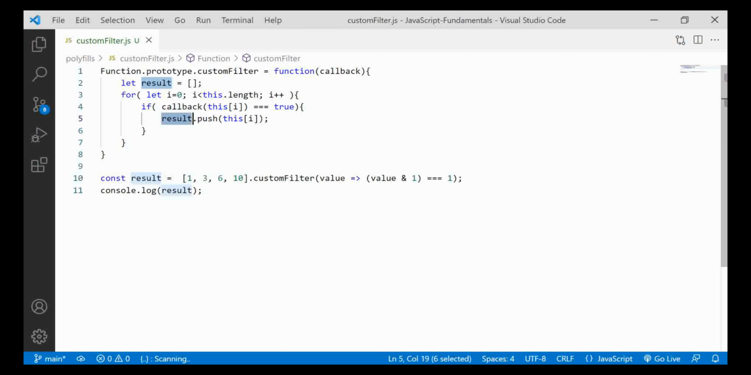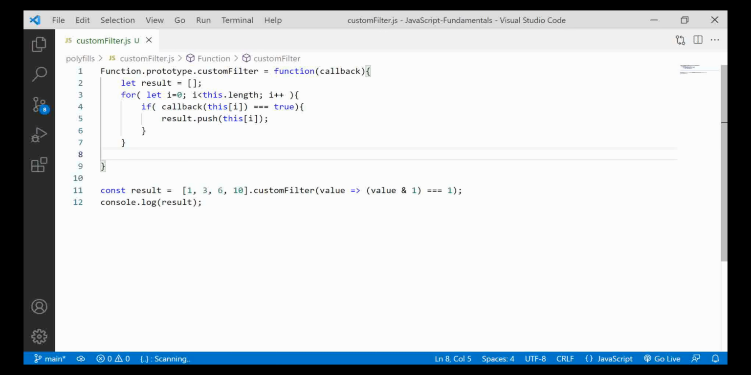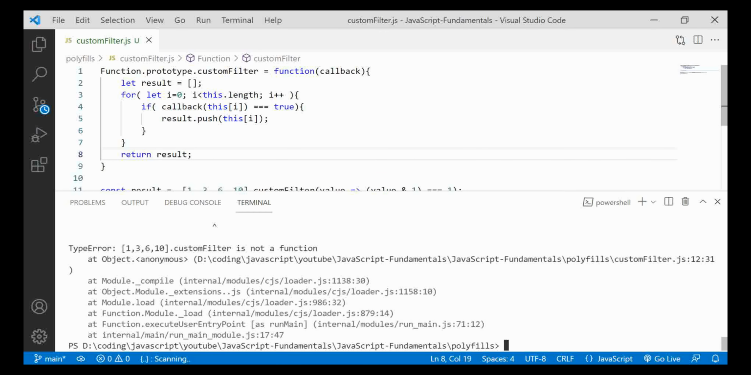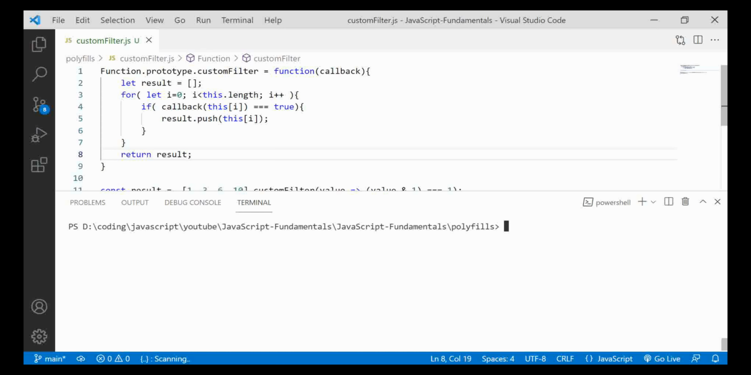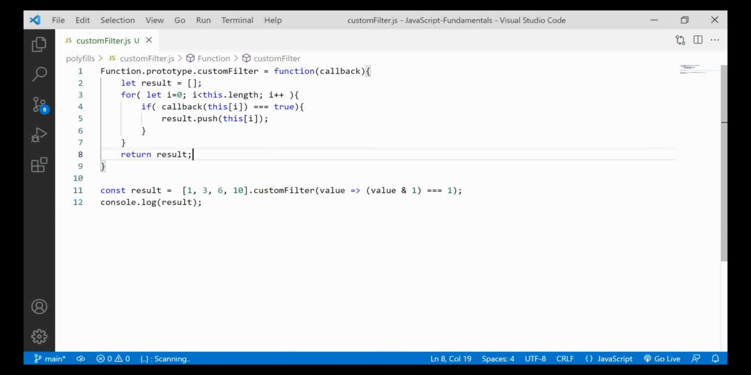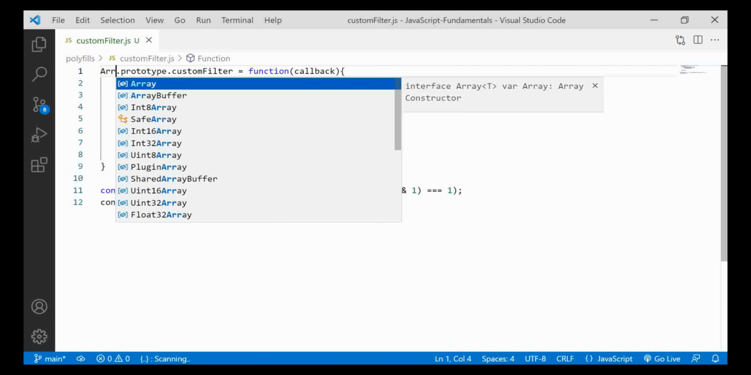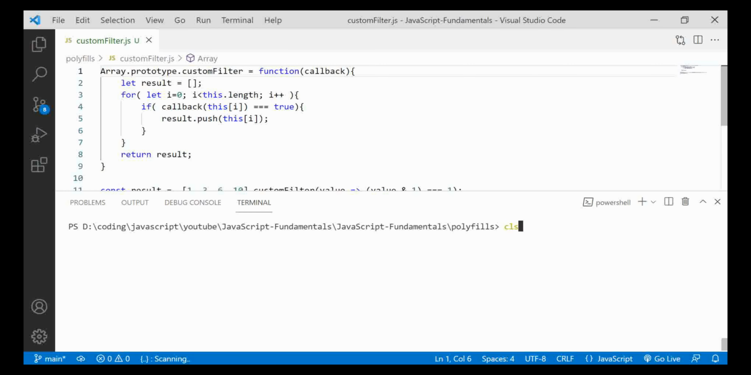Okay, I think I did not return this thing. Then what? I need to return this, otherwise it will not receive the value. Okay, sorry, this will be an array, my bad. Okay,